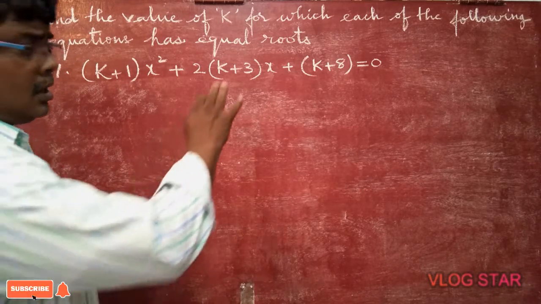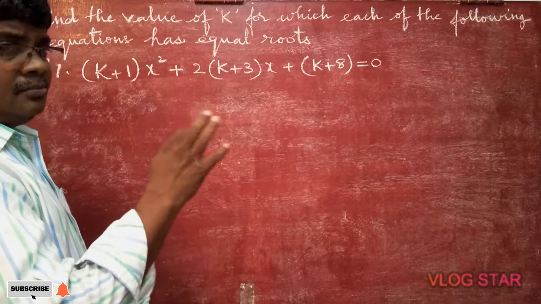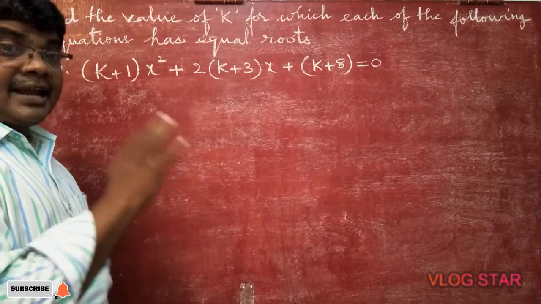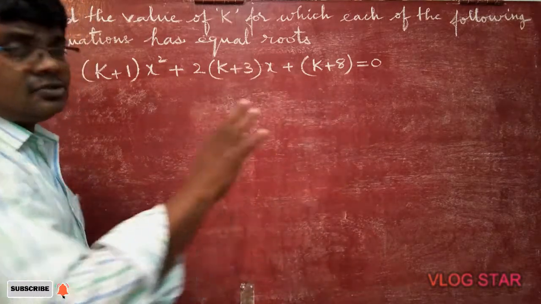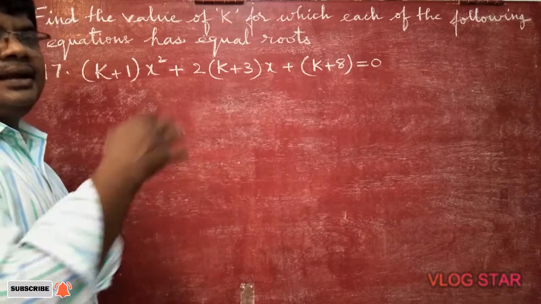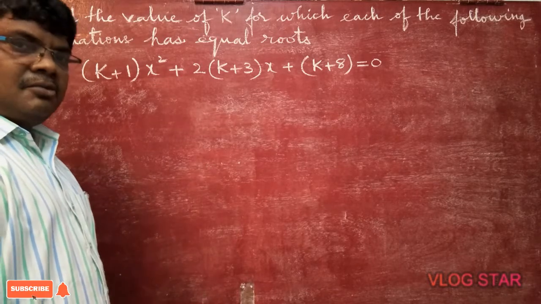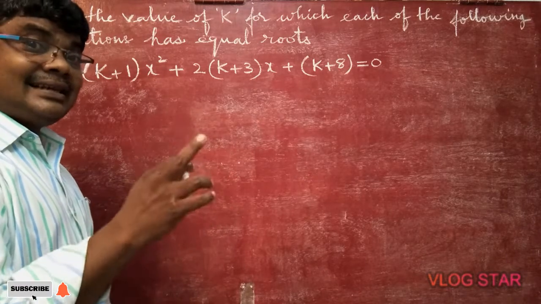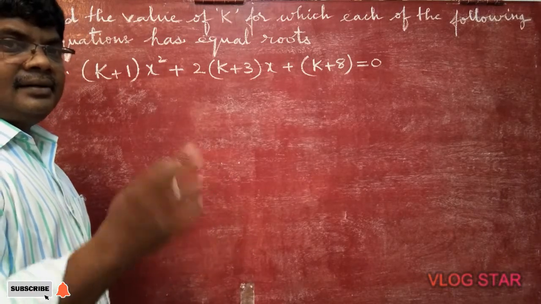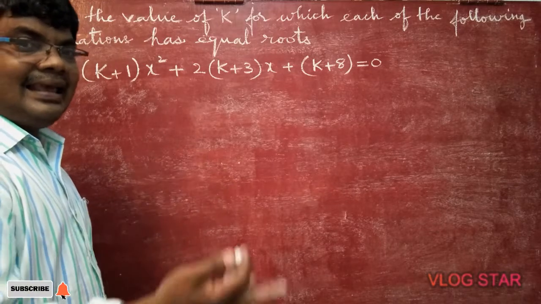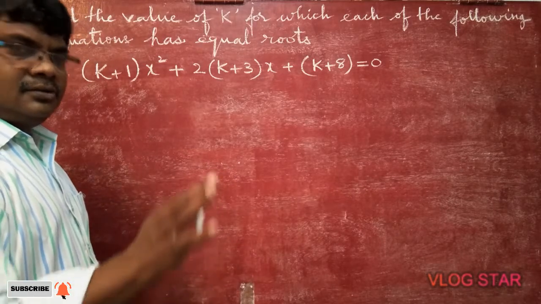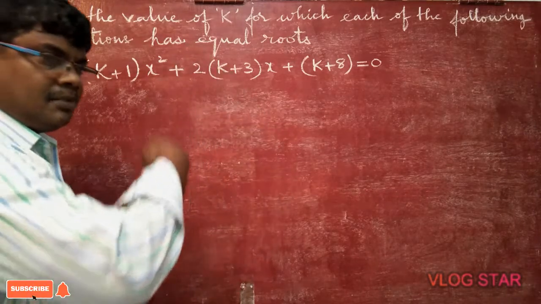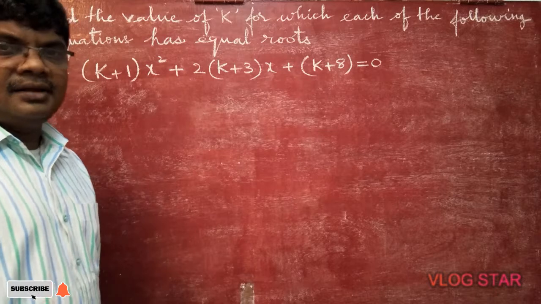Real in the sense all the 9 types of numbers: natural numbers, whole numbers, integers, even, odd, prime, composite, rational, irrational numbers. These all put together are called real numbers. If they tell real and rational and equal, it is also the same. Are you able to follow? In the same way, D greater than 0: real and distinct. Distinct means different or unequal. The names will be changing, don't get confused. Real numbers means all the numbers put together.